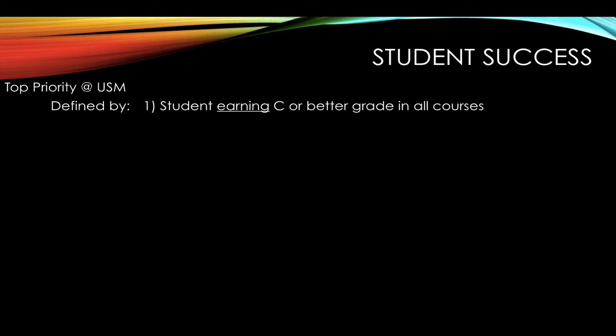The first is students earning C or better grades in their courses. So if a student earns a C, a B, or an A, we typically take that to mean that the student has successfully completed that course and is capable of moving on to doing other things. If they get a D, F, or a W, or an I, we do not consider that as a student success story that we want to tell. We want our students to be able to move on and progress. So the C grade is certainly one definition of student success.